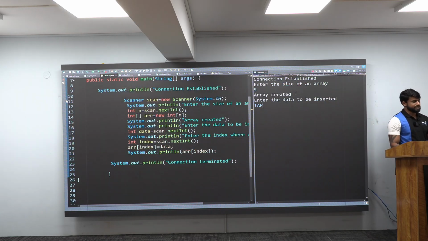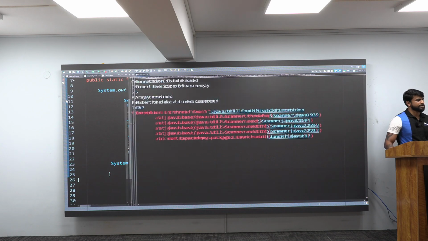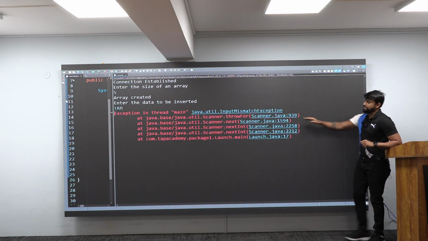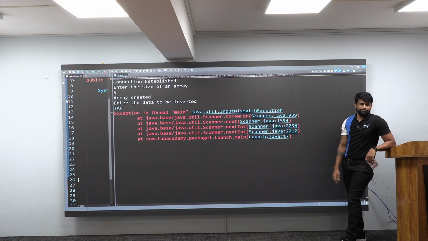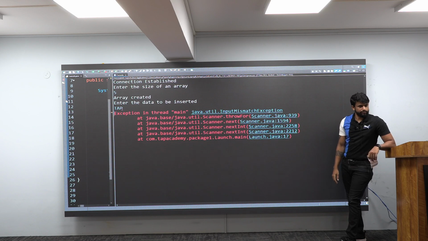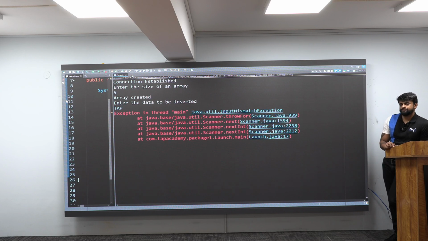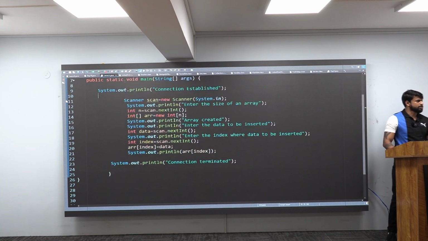What's this? If in case I hit enter, you can notice there, it is telling you a lot of exception here. You can notice it is an input mismatch exception. Sir, all of these lines, at this point of time, you will not understand, you forget about it, but what kind of an exception is this? Input mismatch exception. Got this, all of you? Great. So now, is this a normal termination or abrupt termination? Abrupt. What you should do then? You should handle using what? Try and catch. Brilliant.